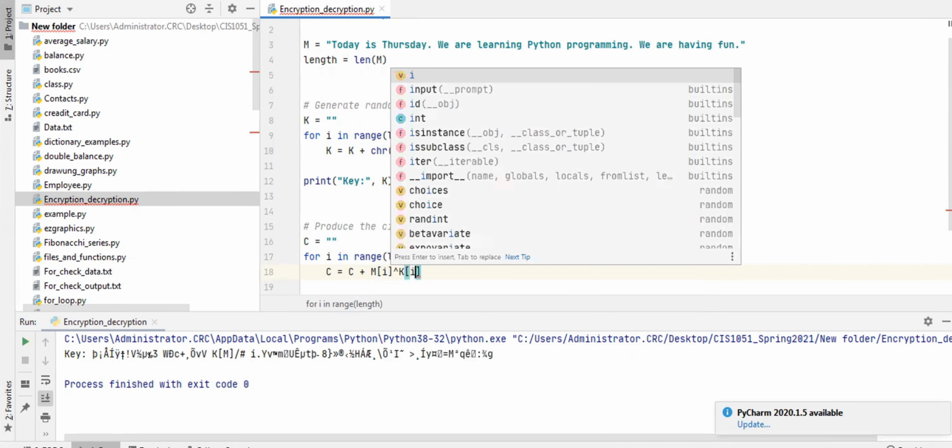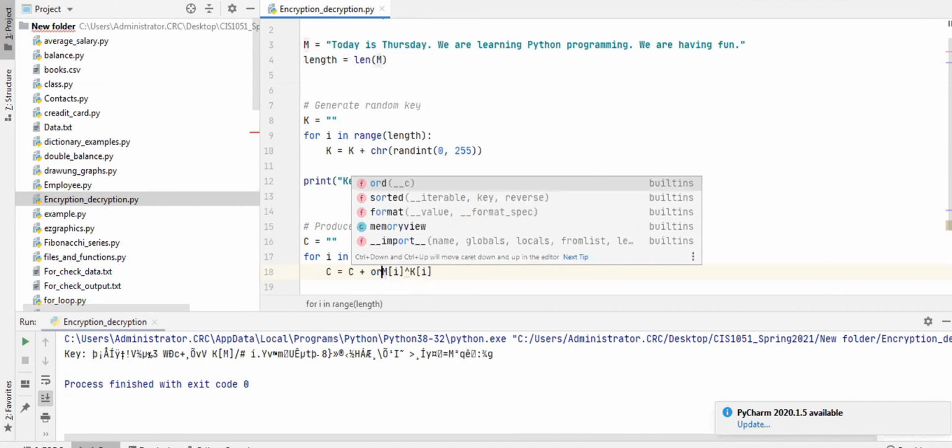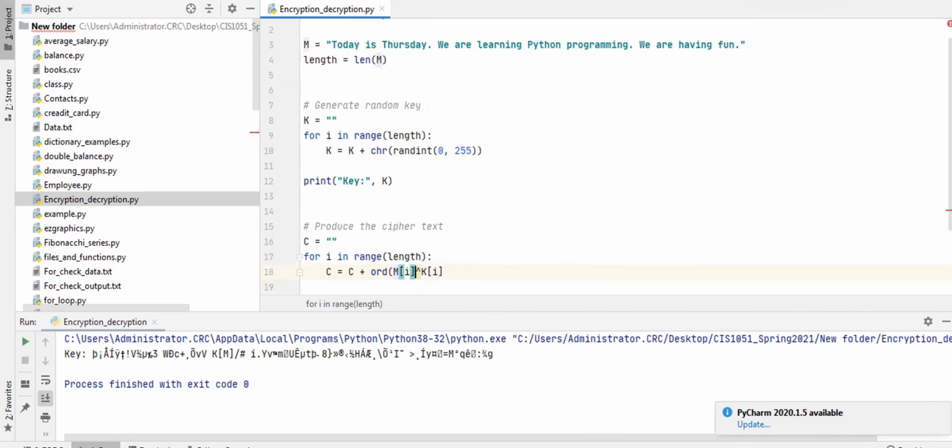But here you need to notice that m of i is in character format. m of i is a character. Similarly, key of i is also a character. So for doing an XOR, I need to first convert them from character to their corresponding ASCII value. How to do this? The corresponding function is ORD. ORD will take the character and convert it to its ASCII value, which is in integer format.